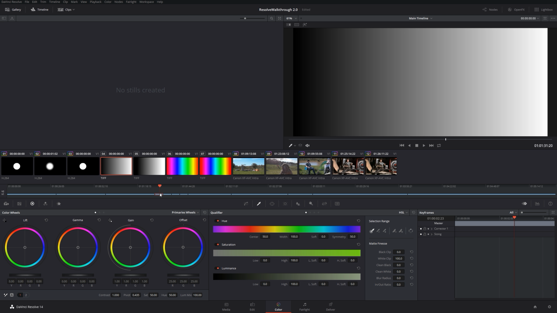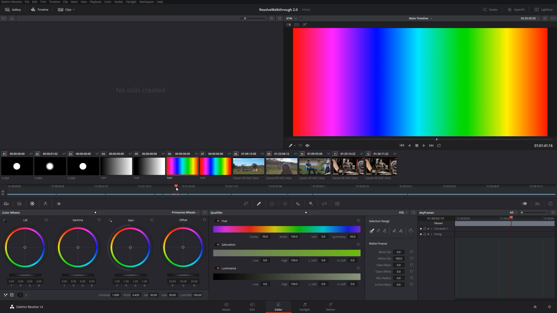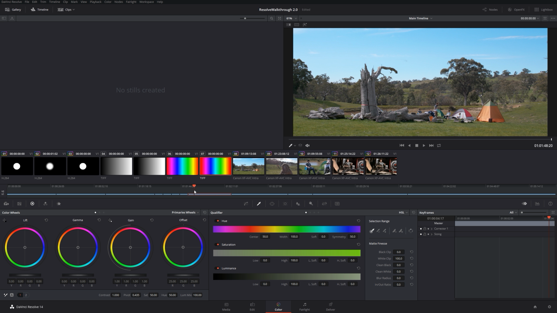Here we've got a flat gradient from black to white. This is the same thing, but I've put a little buffer of black and a little buffer of white in case I need to visualize something in those points. This is a gradient of every color, and this is the same thing, but with a buffer of red on either side. Otherwise, I've gone through and quickly corrected some footage which I shot,